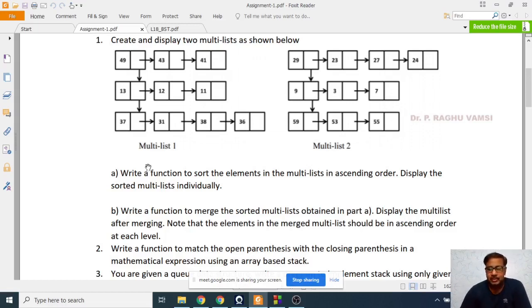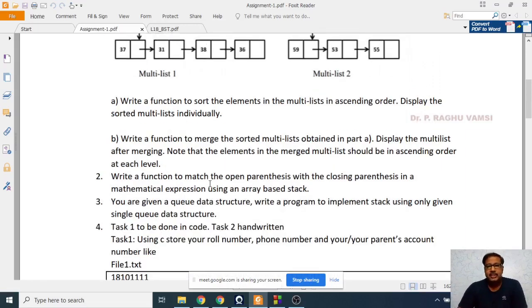Sometimes you may get stuck in an infinite loop, and sometimes your compiler may go off and come out of the IDE, and you may get some warning messages. So these kinds of things are possible. One student asked whether to restructure the entire multi-list or to sort at the level order. I recommended going for level order only, because in the question the order was given at each level.